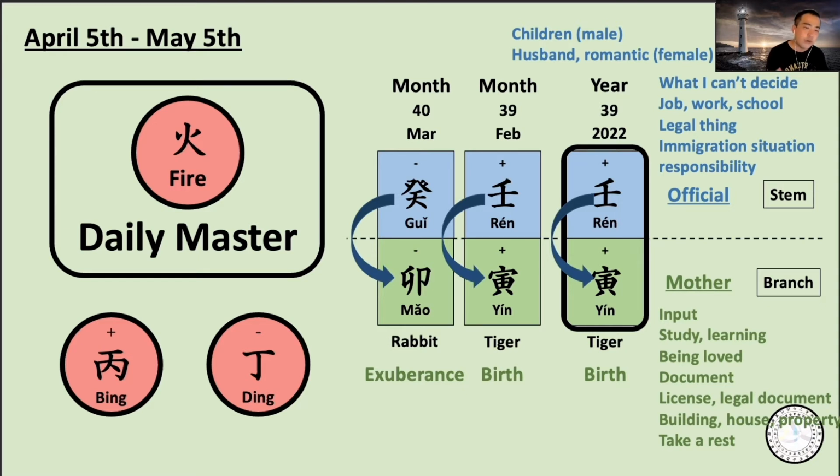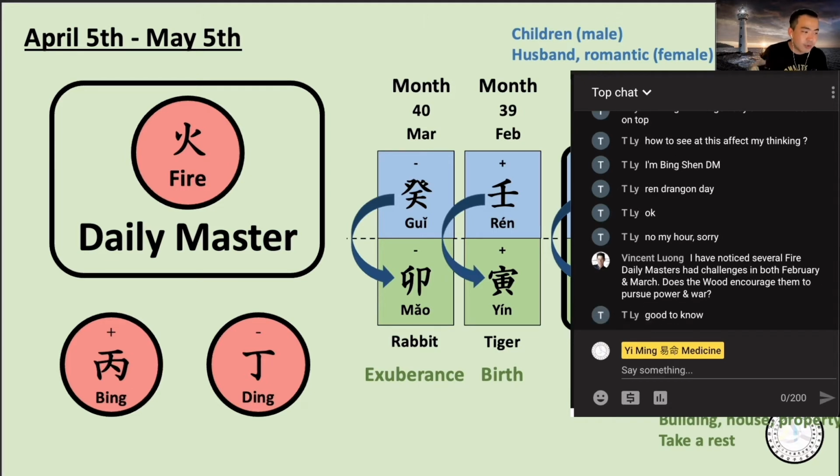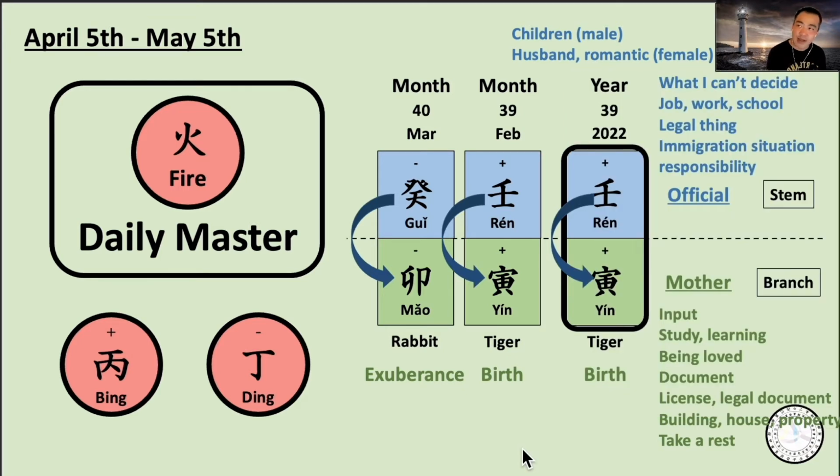But if you are very weak fire, dragon takes your energy more. Hey Vincent, I have noticed several fire daily masters had challenges in both February and March. Does the wood encourage them to pursue power? Yeah, that was the dilemma of the fire. Even if it is a weak fire, even if it is a strong fire,